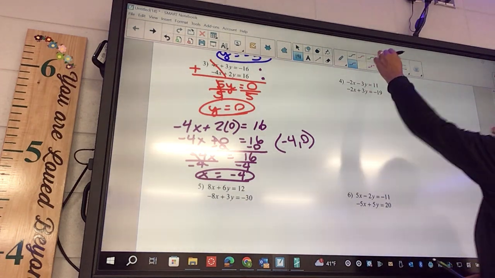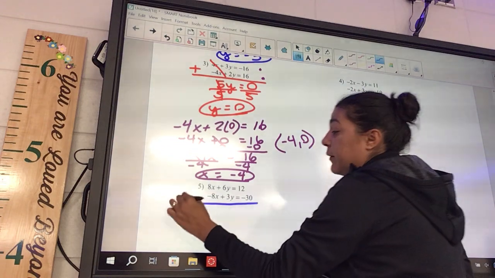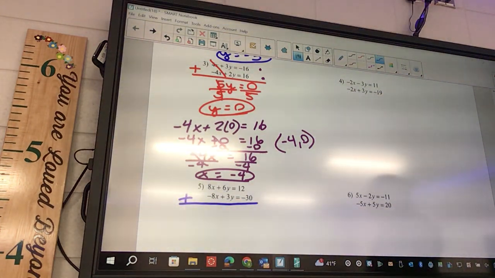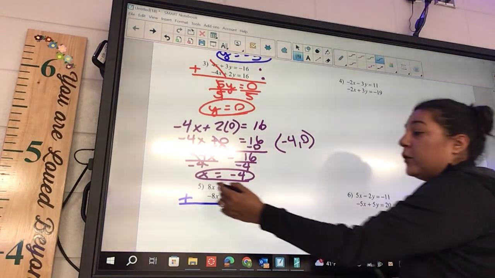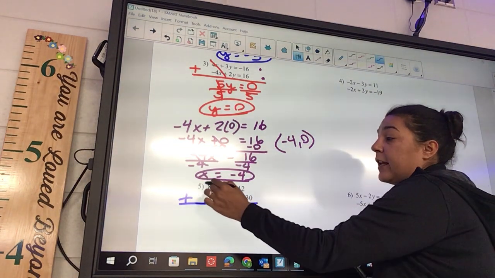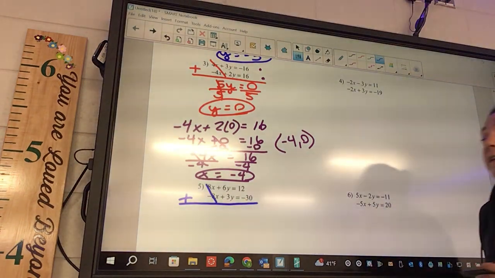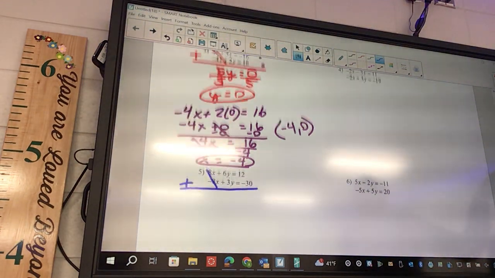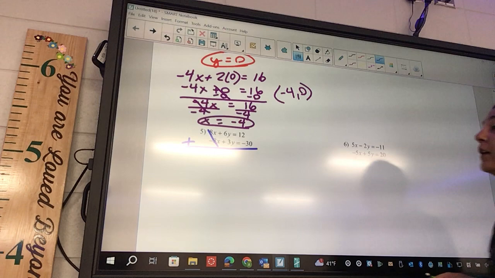Okay, number 5, we can take these and add them together. Okay? What's gonna cancel? What's gonna eliminate? The x's, okay? Because they're both the same. I got one positive and one negative. Okay? So 6 plus 3, what's 6 plus 3? 9y